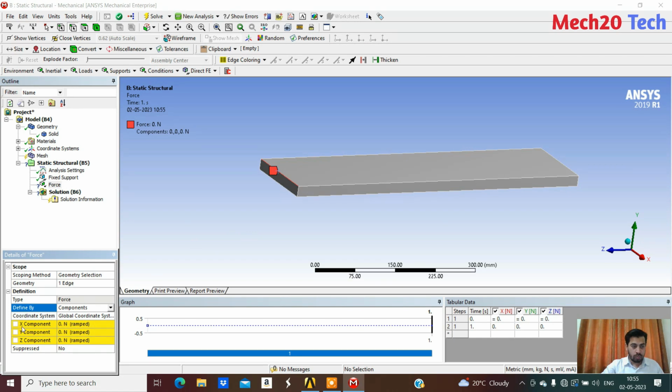So when you change to the component, it has X component, Y component, and Z component, and it is represented over here. You can see this shows the Y, and this shows X. So we need to apply the force in downward direction. That means the direction of Y in the negative. Okay. So what you're going to do is just click on this Y component and just hit 100 and